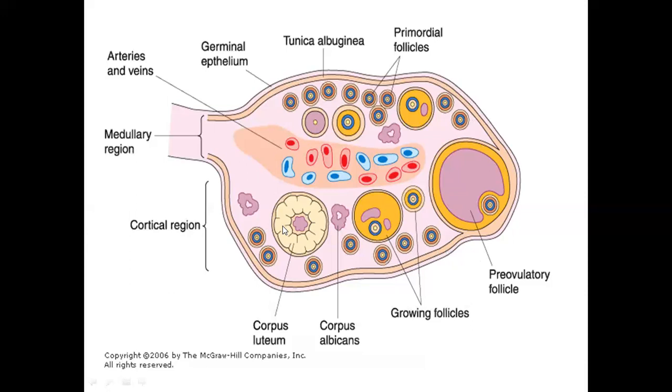So basically, the production of the ovum and the production of different hormones by the ovary gives it the name of a gland which has both endocrine and exocrine function. Exocrine function is the release of the ovum, which is caught by the different tubes of the remaining female reproductive tract, and the endocrine function is named for the production of different hormones by different cells present in the ovary.